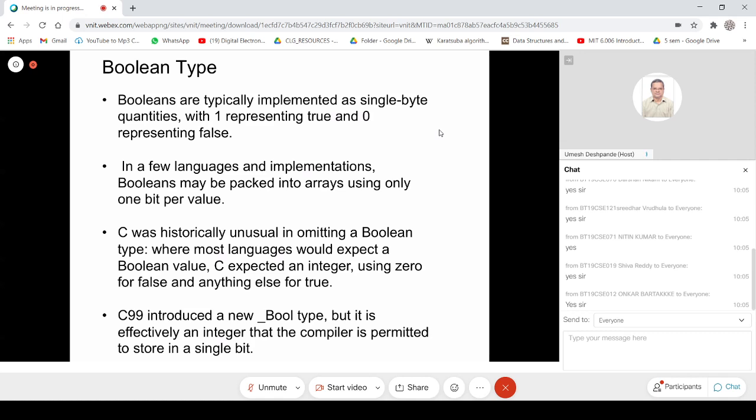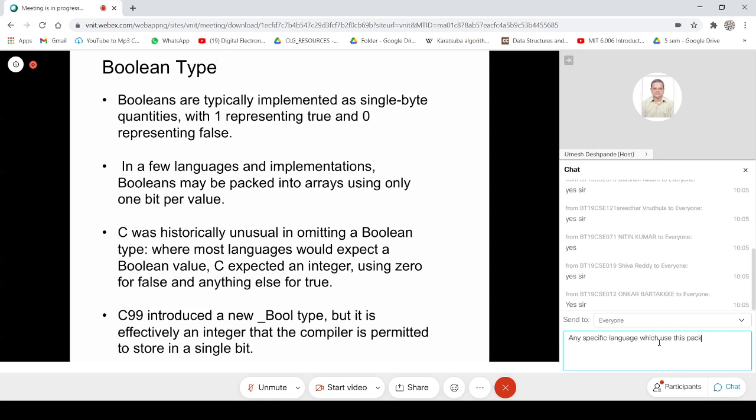In some programming languages, if we use lots of Booleans in the program, then the implementations make a choice of packing many Booleans into arrays and using only one bit for the representation of every Boolean. This implementation is better as far as memory usage is concerned. But then, if we want to access a particular Boolean variable, we will need to do that masking business which I discussed just now. Okay, and I had discussed this earlier.